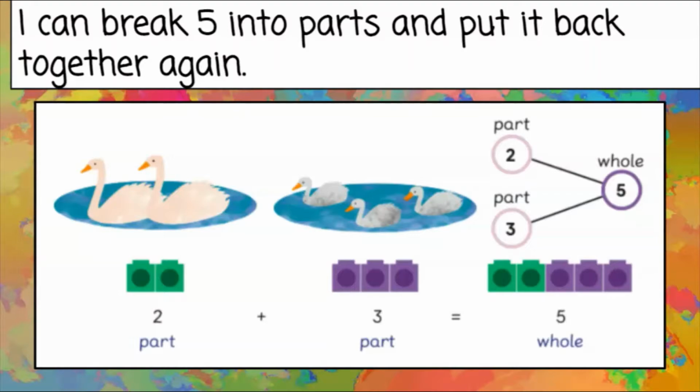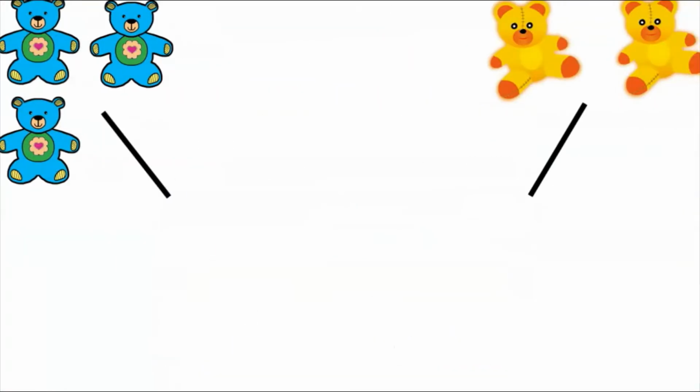it back together again. Right now, we are looking at a model of different ways that we are going to be breaking 5 into parts and putting them back together. We're going to take some time looking at objects. We're going to be using cubes. We're going to be using this model called a number bond. Today, my friends, the bears, are going to come help us work on breaking 5 apart and putting it back